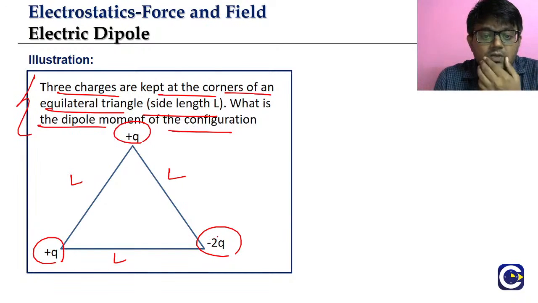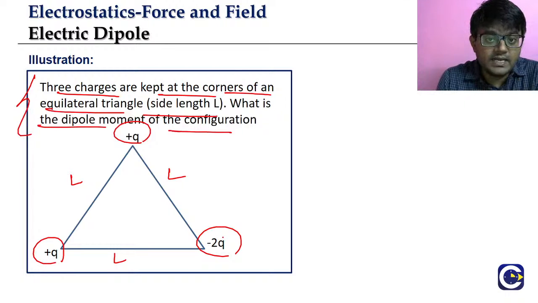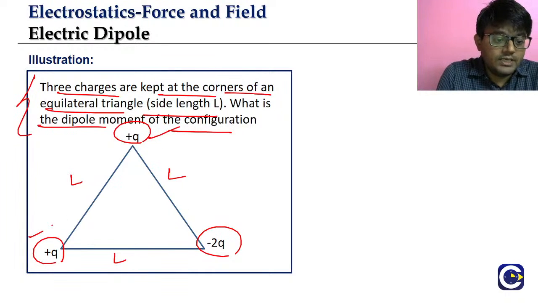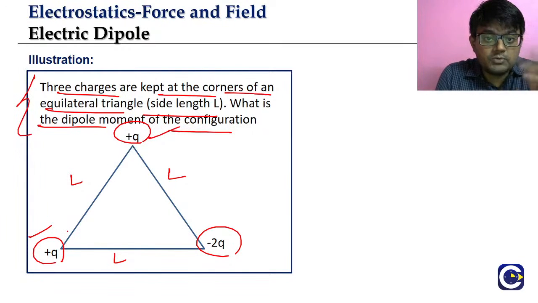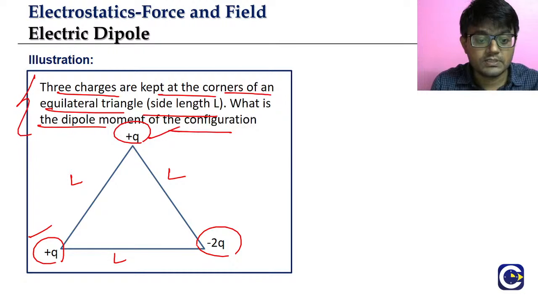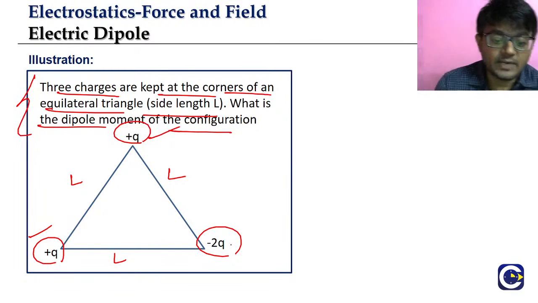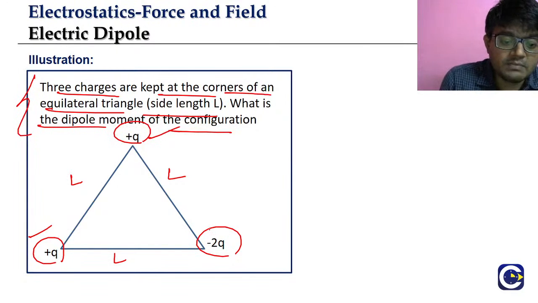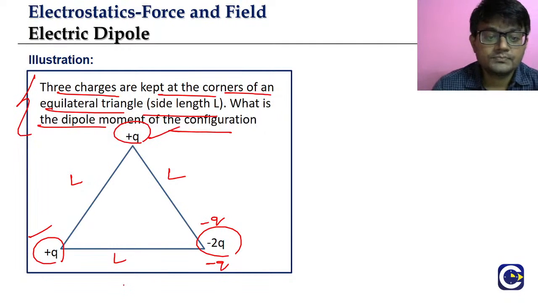When you observe it, we are not able to identify the equal and opposite charges. Look, here it is plus q, and here also plus q. They are equal charges, not opposite in nature. Here we have minus 2q. So just by looking, we may not be able to directly tell that there are dipoles. But look at how to identify the dipoles: if you think that the minus 2q is divided into minus q and minus q,